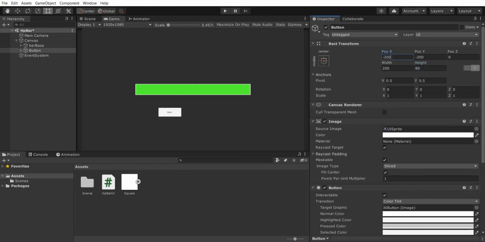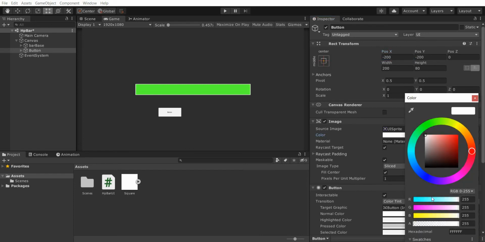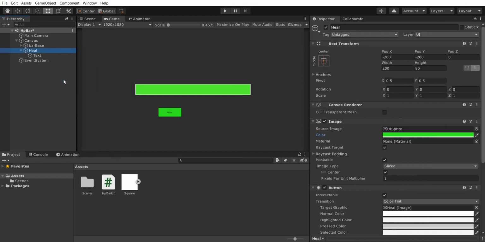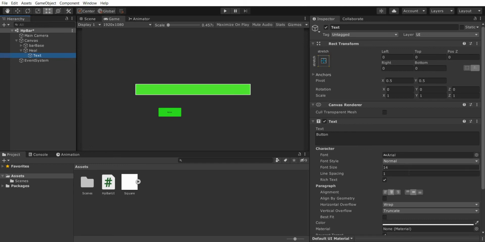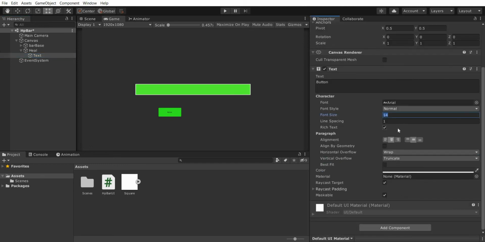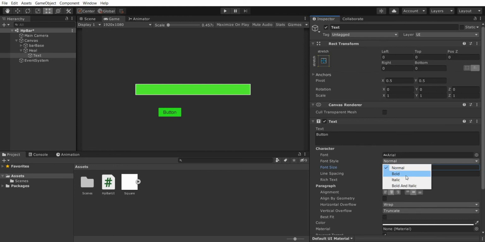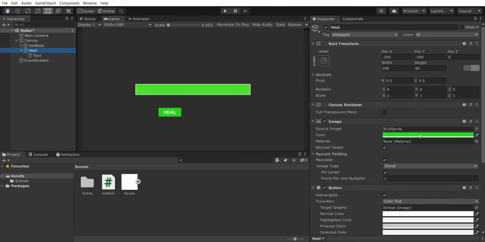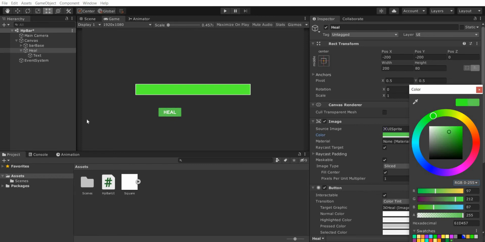Gonna move it minus 200, give it a greenish color, and name this button heal. Change the text size here to 40 and from normal to bold, call this heal. Change the color to white, change the green to a bit of dull green so we can see the white